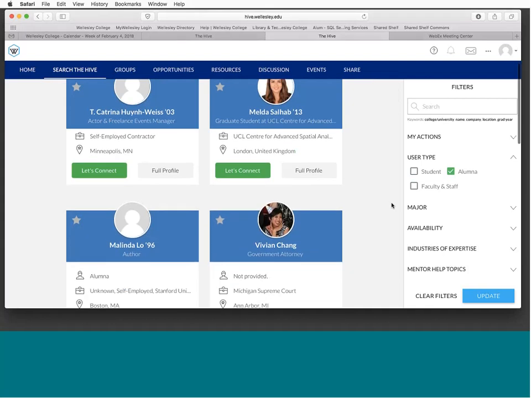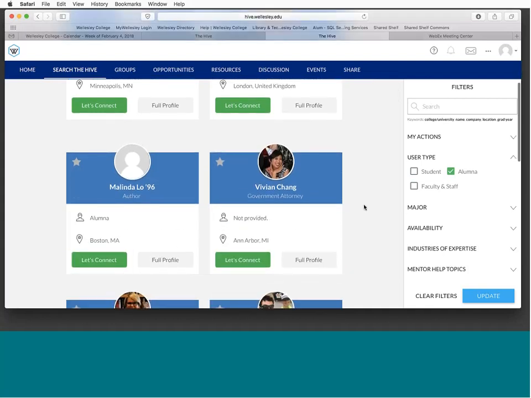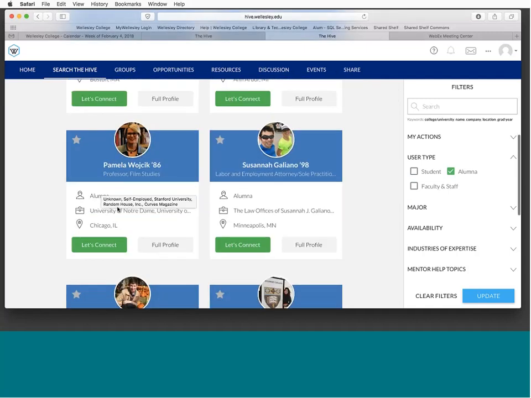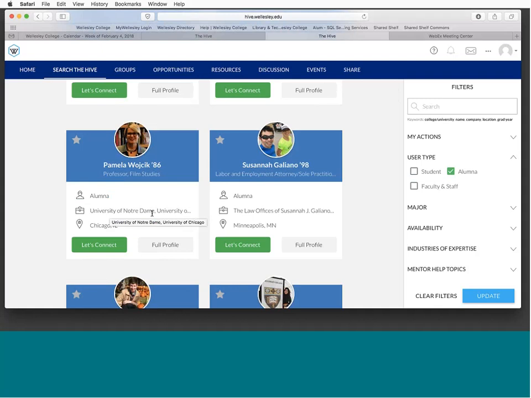So you can tell where somebody lives with their location. You can see what their status is. You can find out where they might be working right now. And if you wanted to look at their full profile,